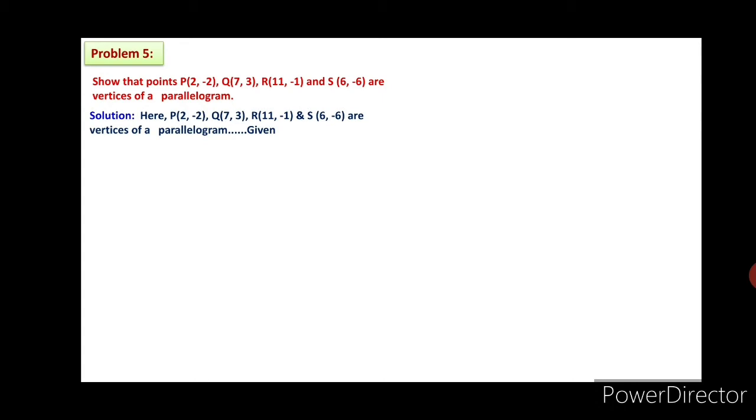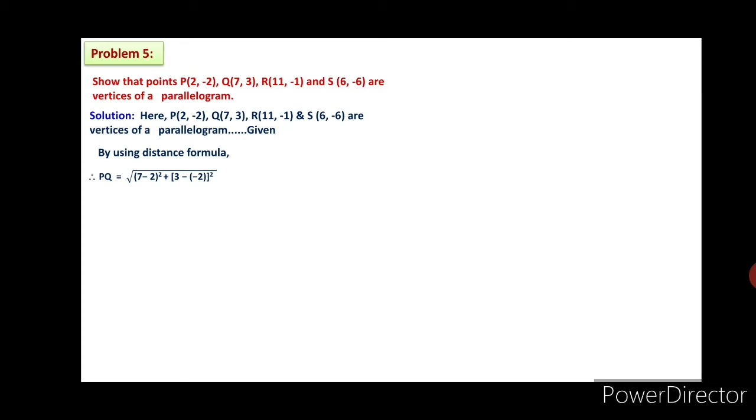It is not only for the parallelogram, you can revise this for different types of quadrilaterals, whether it may be a parallelogram, a rectangle, or a rhombus. Like that you have to recall the properties. It will be easy to attempt such problems. Let us consider this one now. By using the distance formula, we will calculate the distances. Here they have given 4 points P, Q, R and S.